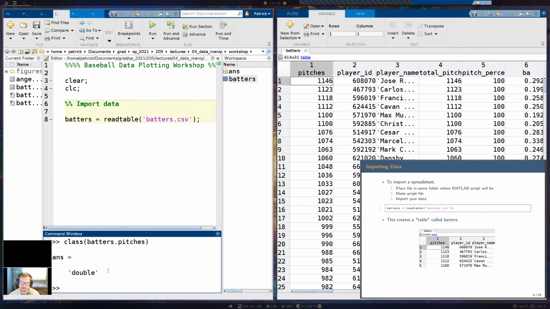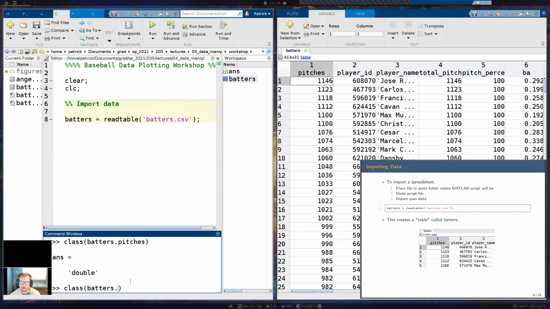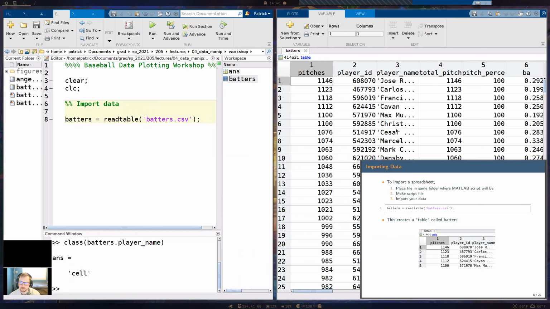So a double is basically a type of number. So basically this is telling us that we have a numeric array for column 1. Then if I do instead batters.playerName, so that's accessing column 3 here, then Matlab tells us that it's a cell, or a cell array. Okay, so we have these two different data types.